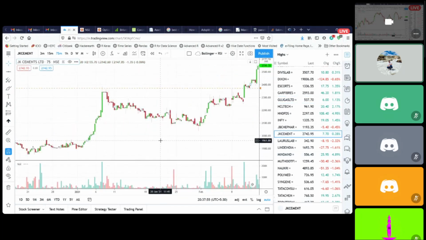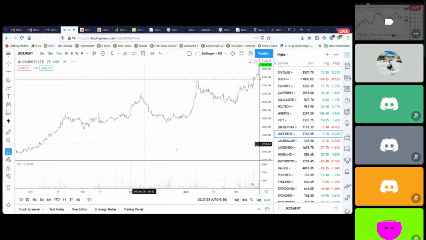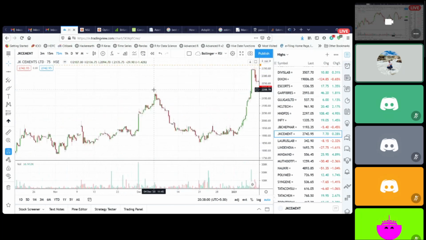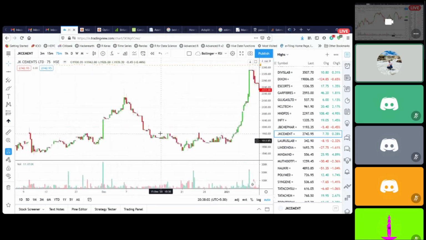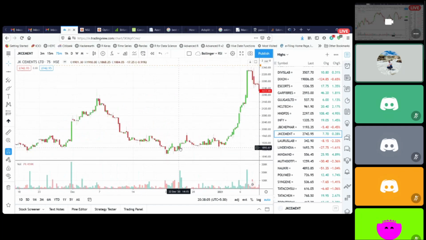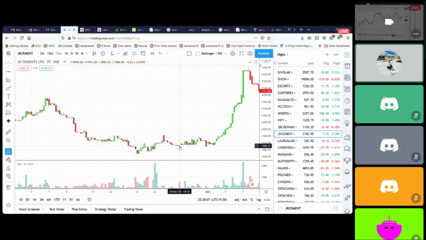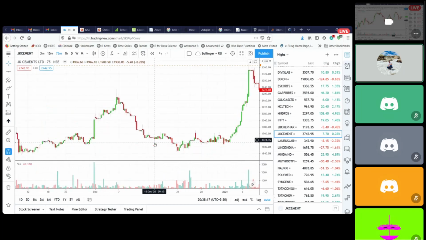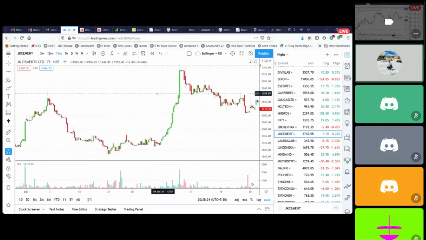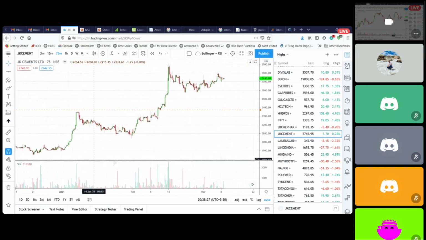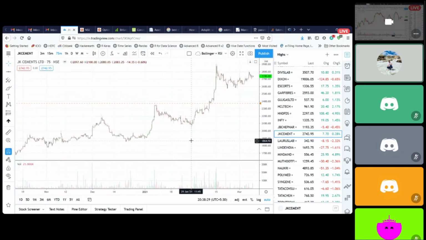JK, same thing. See, this was the high, and these were the previous bottoms here. It came here, and I started seeing these green candles. And for someone looking at volumes, look at the huge volume in this candle. So if you want the volume confirmation also, this gives you the green candle with volume. Go long here and then just set the booking for here, 2180. So from 1900 to 2180, it booked out here. And then it shot up more, that is a different story.